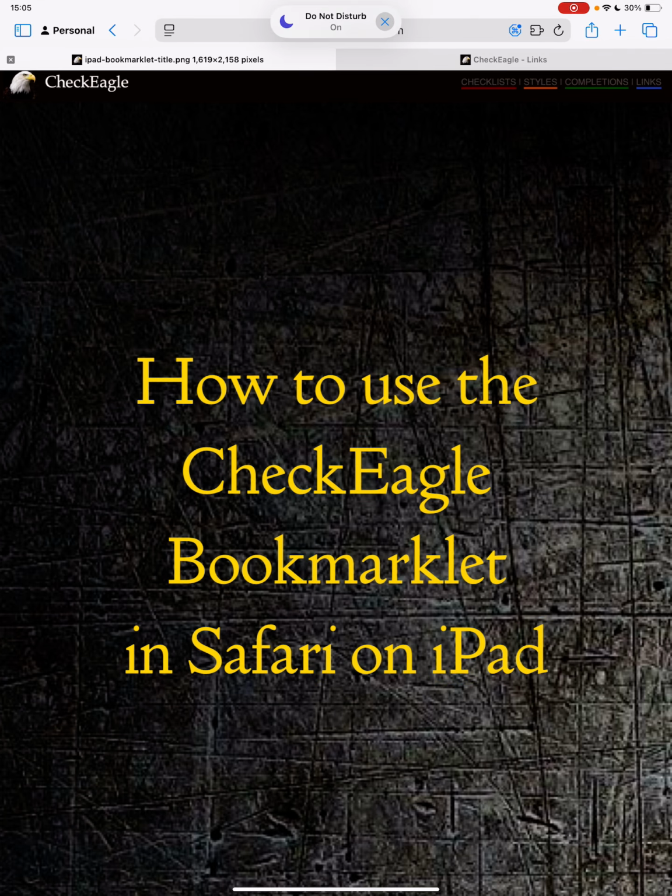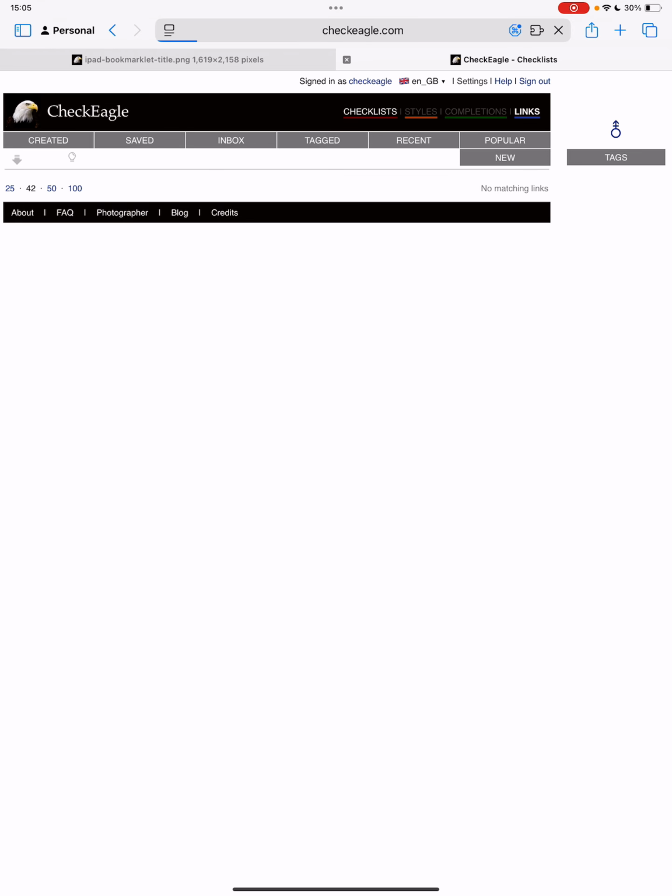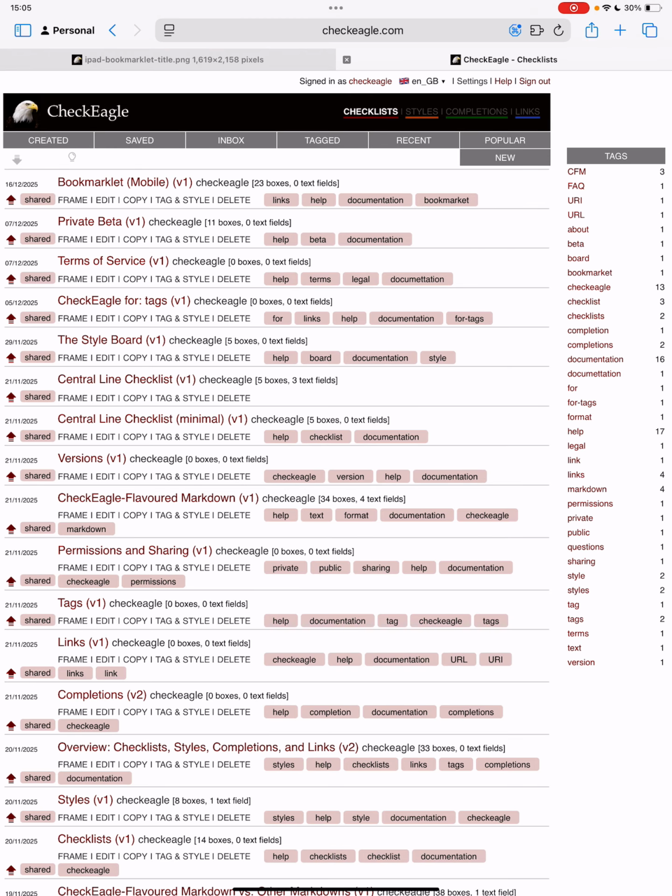Hi, in this video we're going to look at how to use the bookmarklet from CheckEagle to save links to CheckEagle in Safari on the iPad. And it's a little bit fiddly, but we'll get there. So I'm going to assume that you're in CheckEagle, signed in, and we're going to go to this help link